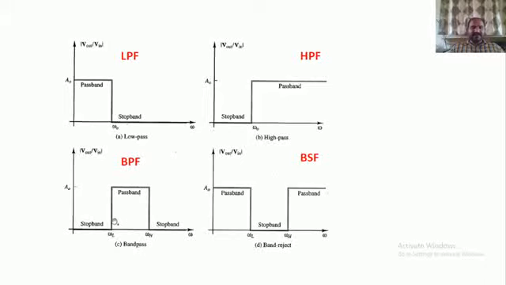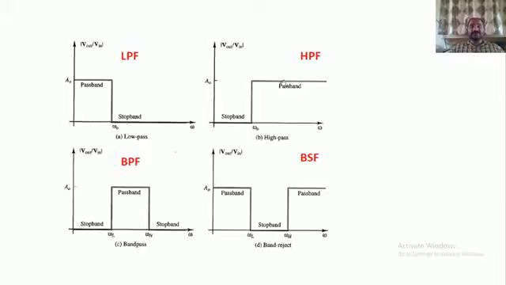In this graph, a band of frequencies is accepted by the filter, and the other frequency components, or the other frequency bands, are eliminated or suppressed by the band pass filter. So from 0 to WL, these are the suppressed frequency components, and after WH also, these are the suppressed frequency band.